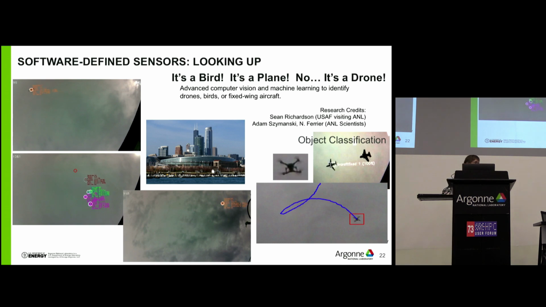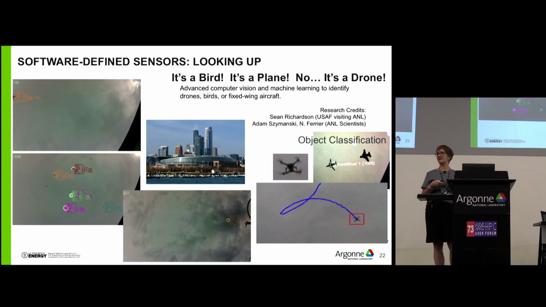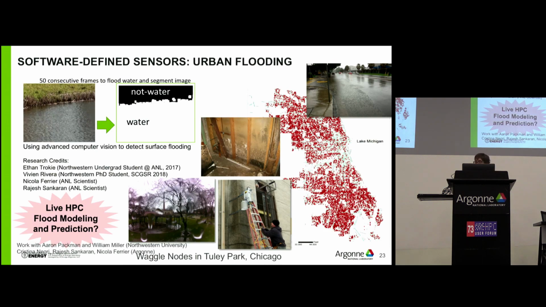We have a project with the Chicago Bears. They are interested in detecting drones flying above the stadium, not for safety, as most of us would think, but for illegal filming. So we had an Air Force fellow here that worked with us on developing the algorithms for the upward-looking camera that can successfully detect drones versus commercial aircraft versus birds. So these are the sorts of things you can do with existing machine learning, but there's all these other things that are of interest.